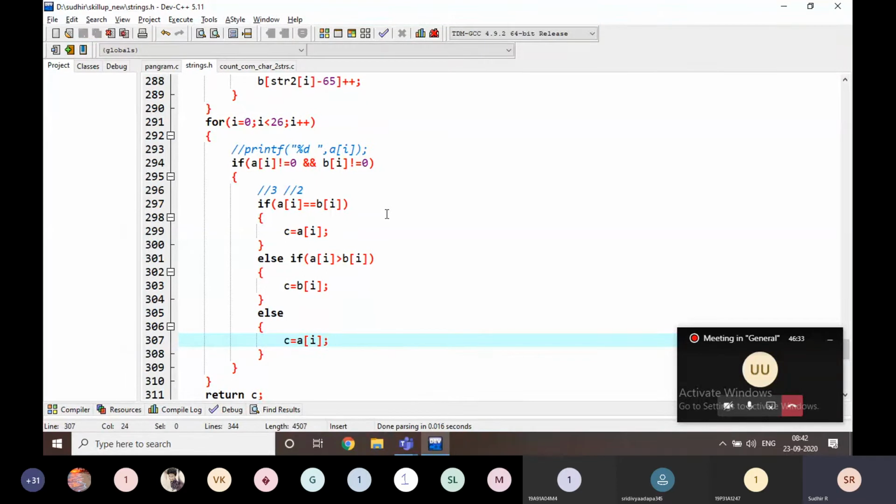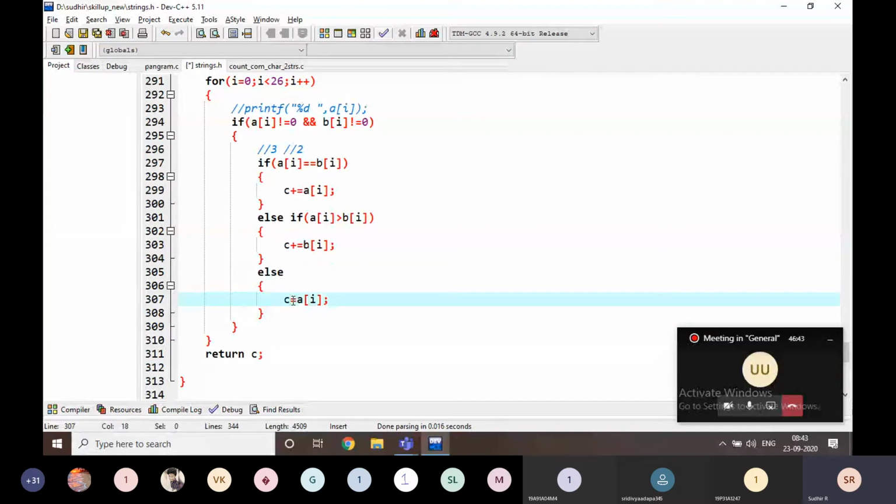I am going to find what is the small one. I am not writing like this; I am going to use plus here. Every time I am going to add it. If both are equal, I can write B of I or A of I, no problem.